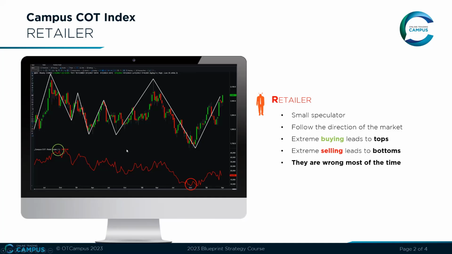Up here, all of them together have 45,000 contracts long. And we know that this was the 3-year high and this was the 3-year low in terms of price also. So there's a relationship between what the retailers are doing as a whole and what price is doing overall. And usually what the retailers will do is follow the overall direction of the market,